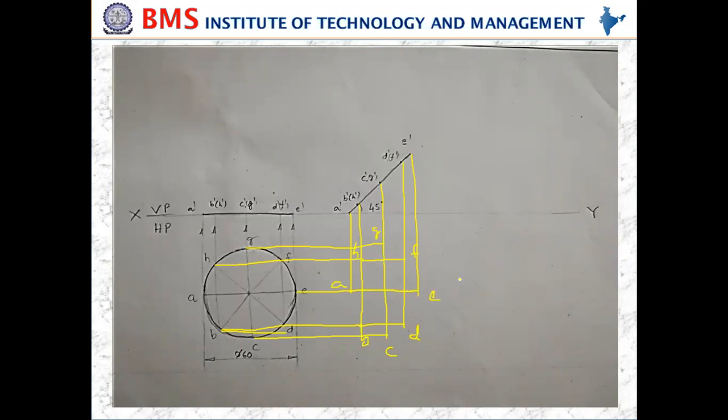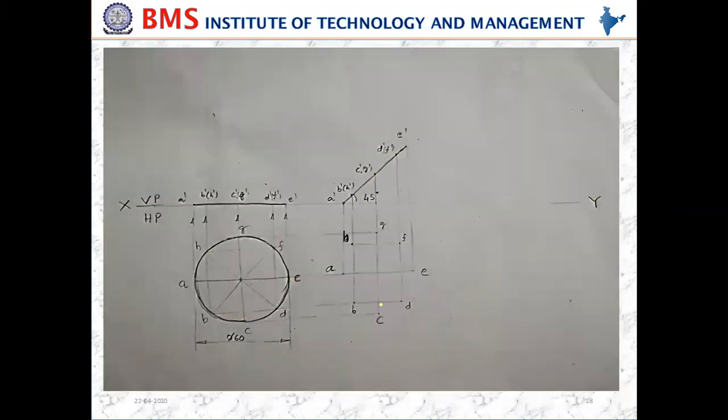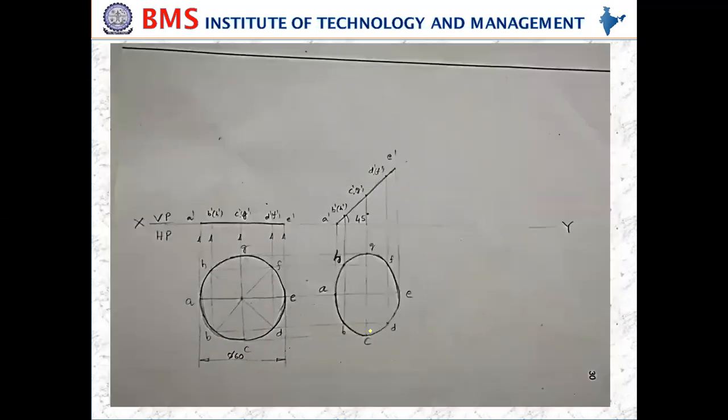This is how you need to draw the vertical and horizontal lines, because they have to end exactly at the intersection point only. You should not draw extra lines. After drawing this, locate the intersection points A, B, C, D, E, F, G, H. Now join all these points by a smooth curve. Once you join all these points with a smooth curve, the top view is obtained.